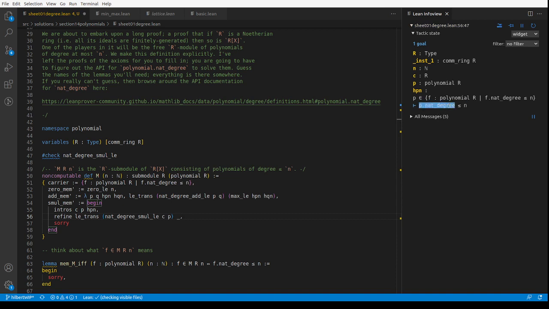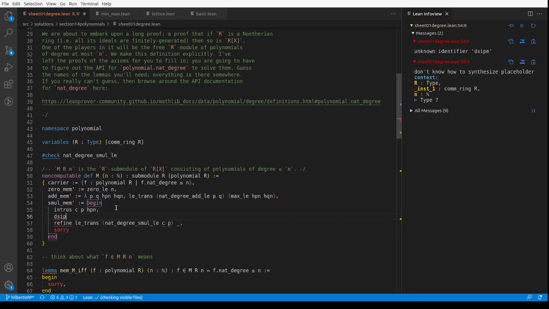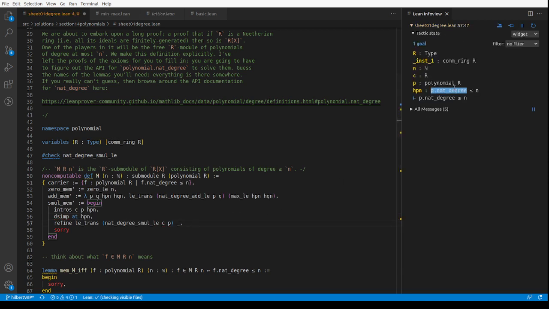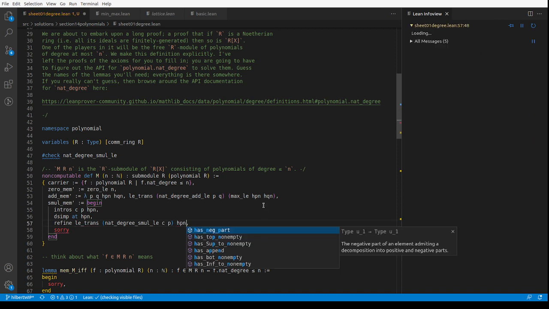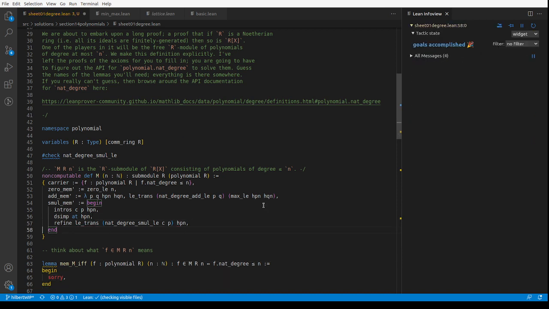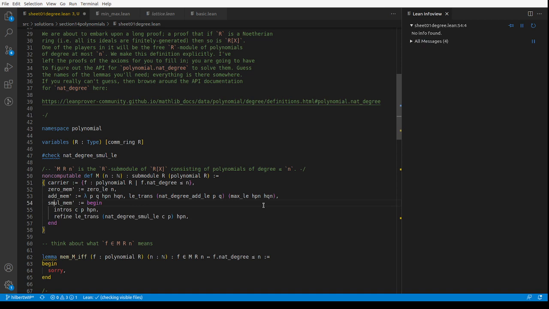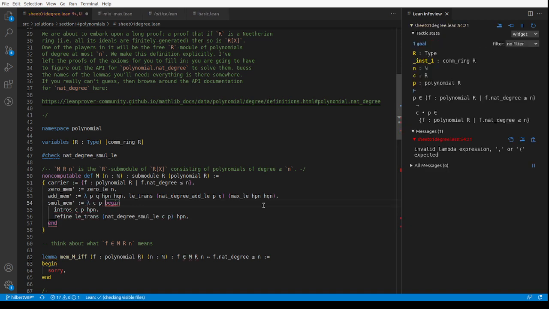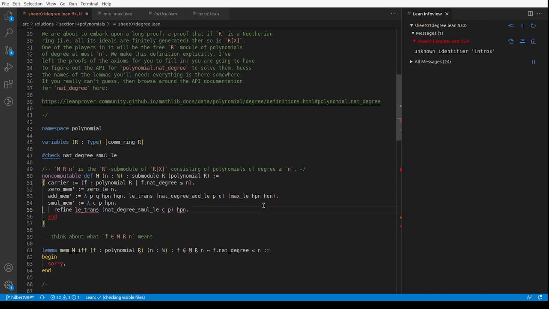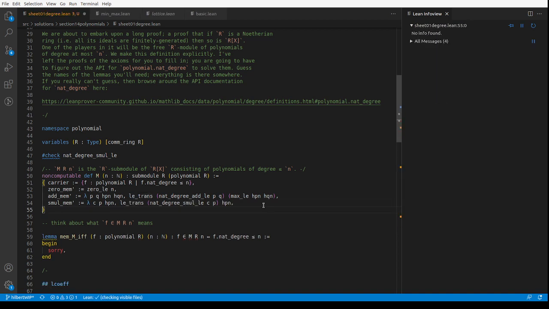has been reduced to p.natDegree ≤ n, and that's definitionally hpn, right? If I do dsimp at *, dsimp at hpn, now you can see hpn says exactly what this goal is. So hpn can go there, and we can get rid of that, sorry, and we don't need the dsimp, and this is lambdas, fun c p hpn, and then we don't need the refine, and we don't need the end. There we go. So that's sort of a super golfed